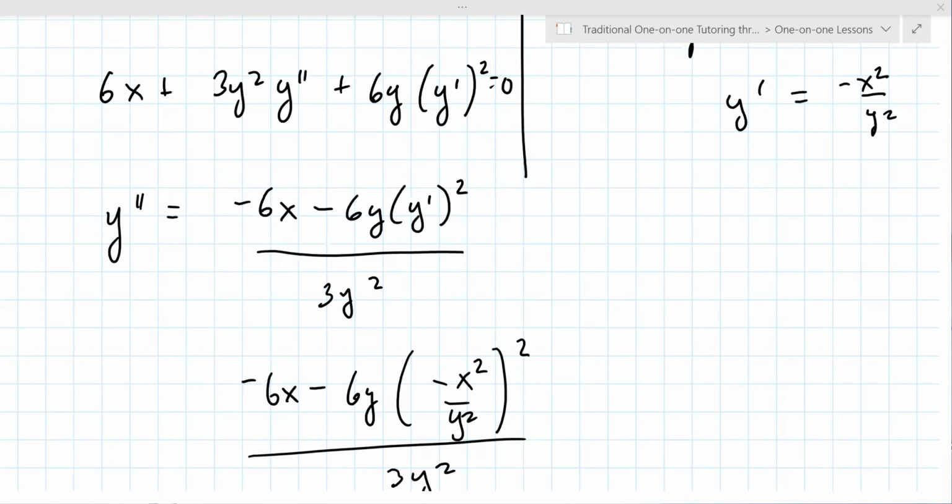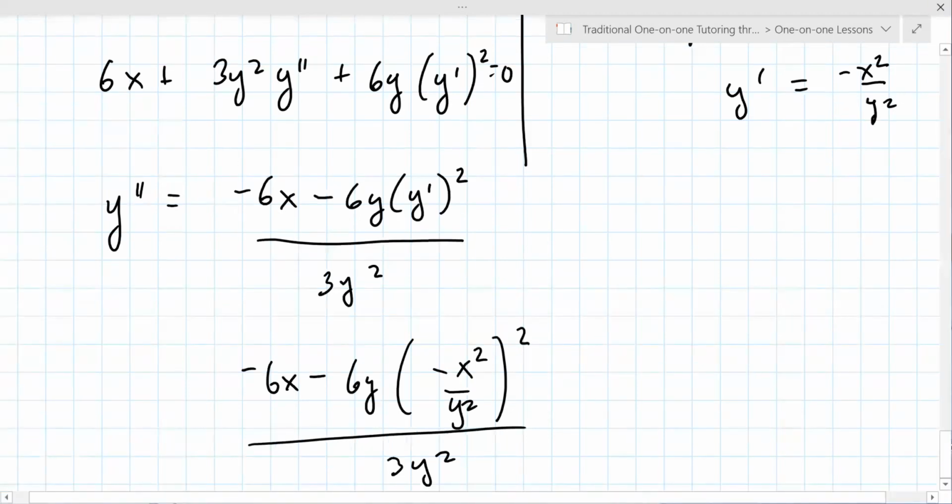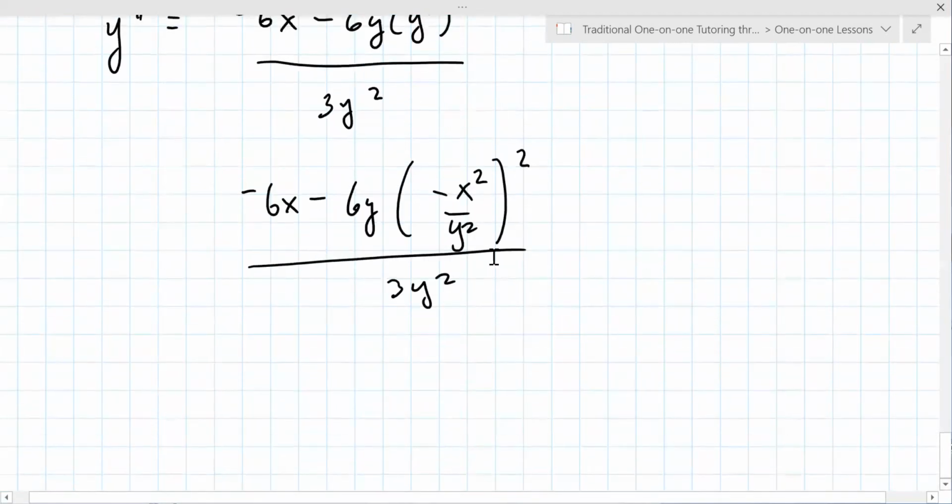Okay, so then it's negative 6x. So I might leave it like this. I mean, you can do more. Well, what can you do? It's minus 6y. Can you distribute the x to the fourth over y squared? Yeah. So one of those y's cancels down, so you get 3